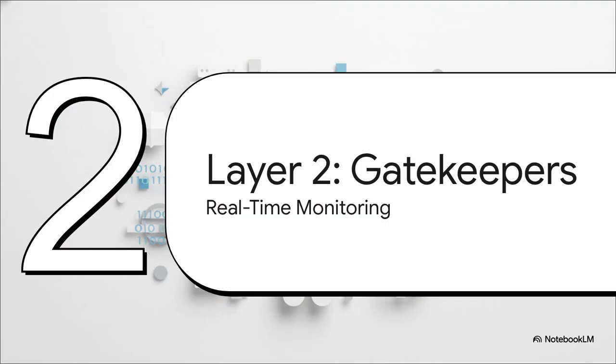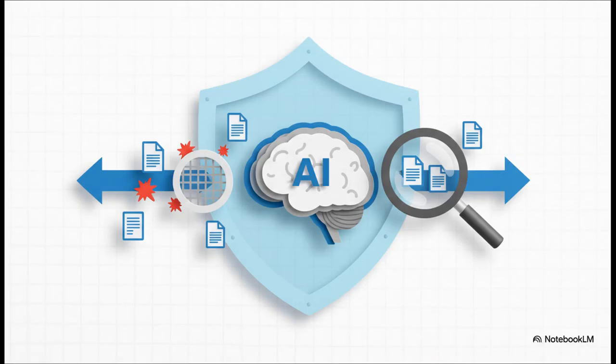That's layer 1. Now, for layer 2, we're posting guards on the wall. These are our digital gatekeepers, and they're watching everything that comes in and goes out in real time. These gatekeepers have 3 main jobs. First, you've got input filtering. Think of it like a bouncer at a club, checking every prompt before it gets to the AI. Second, there's output monitoring, which checks the AI's answers on the way out to make sure it's not accidentally spilling